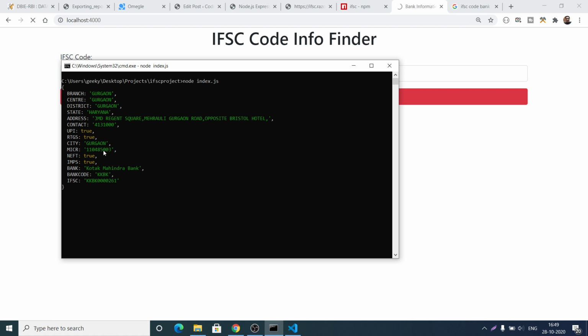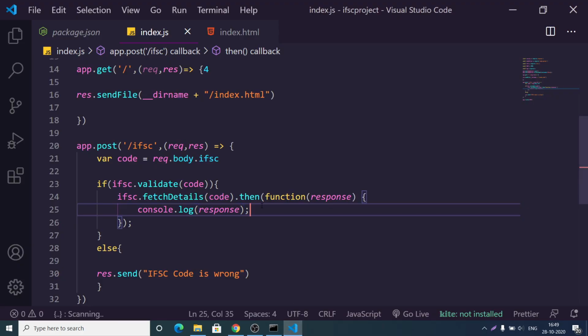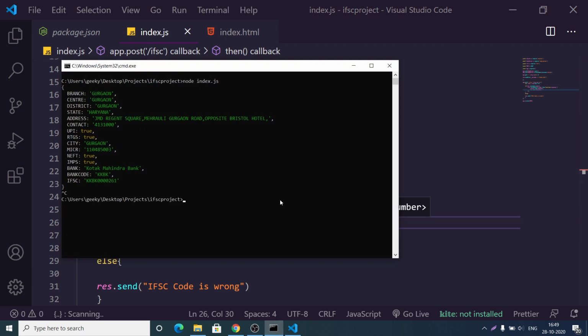MICR code is also available. So all this banking information is there inside this JSON response. So now we simply can send this response like this by response.send, and we can simply send out this response directly like this. So this is one way.